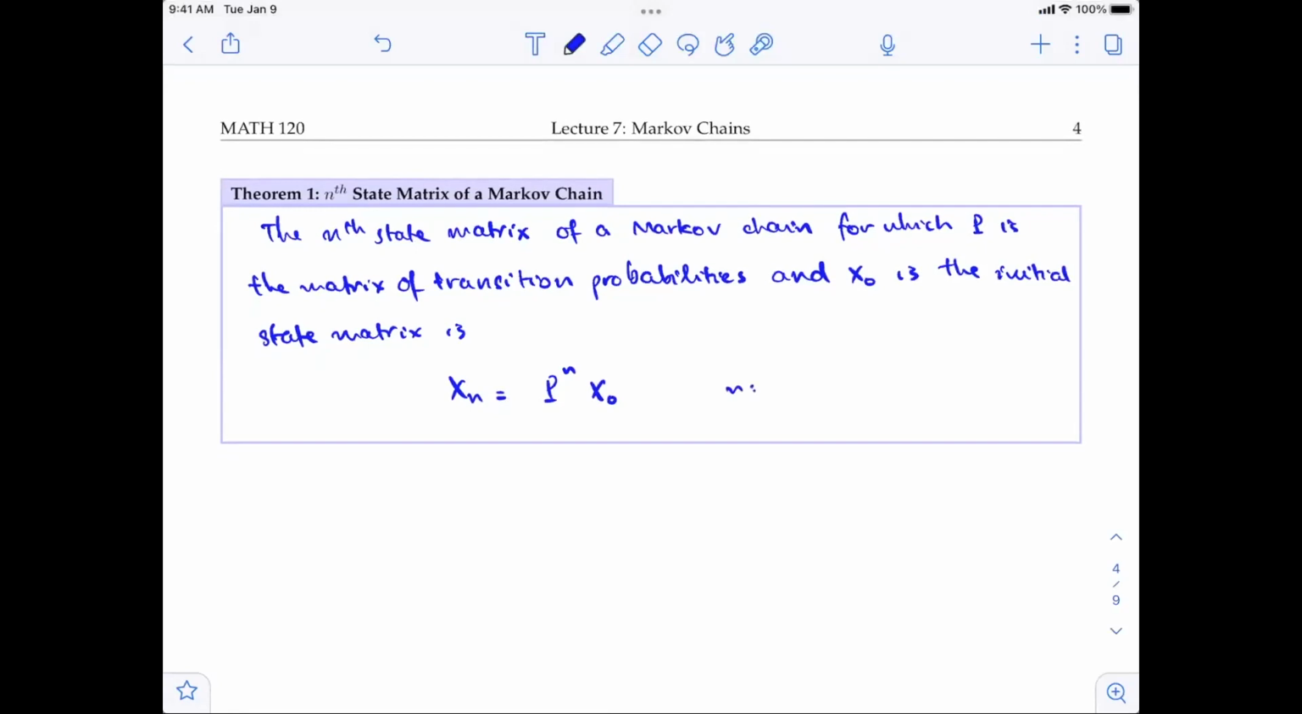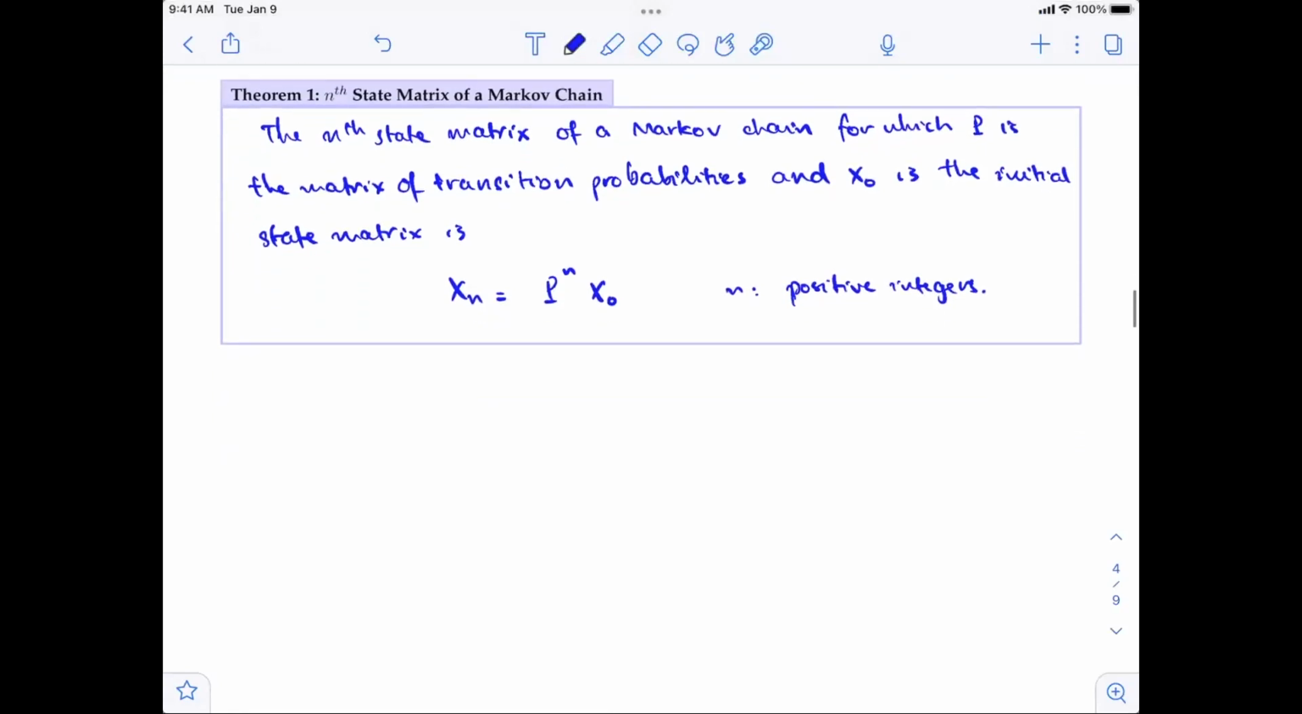So for n positive. So let me be careful here. A positive integer. Right, so n equal to 1, 2, 3, and so on and so forth, given the initial state matrix x0. Okay, so how could you actually obtain this particular formula? So we'll start with what we know. To calculate